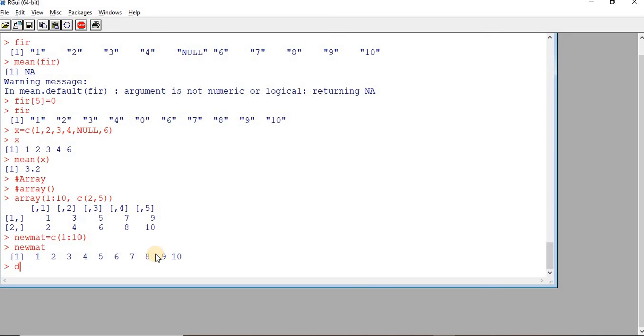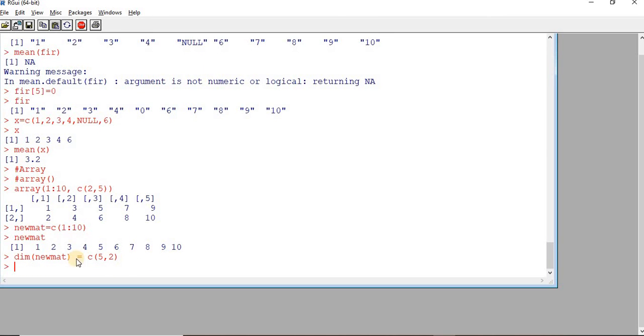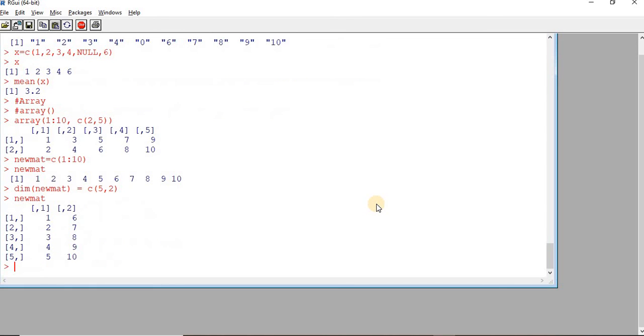Now I'm going to set the dimension using the dim function. So I want to say that I need 5 rows and 2 columns. Okay, now this dimension is applied to this object new mat. Now you can see I have 5 rows and 2 columns.